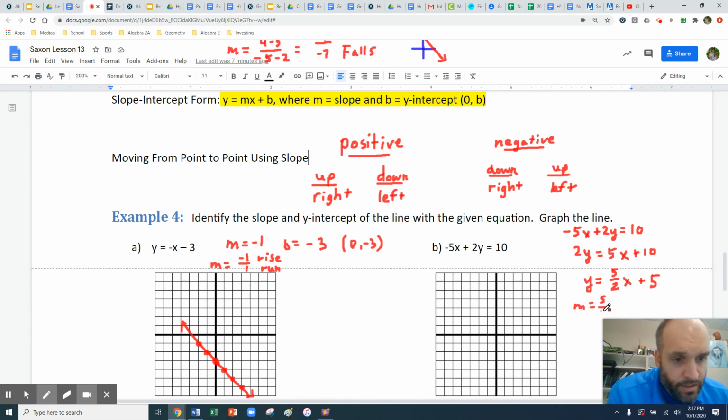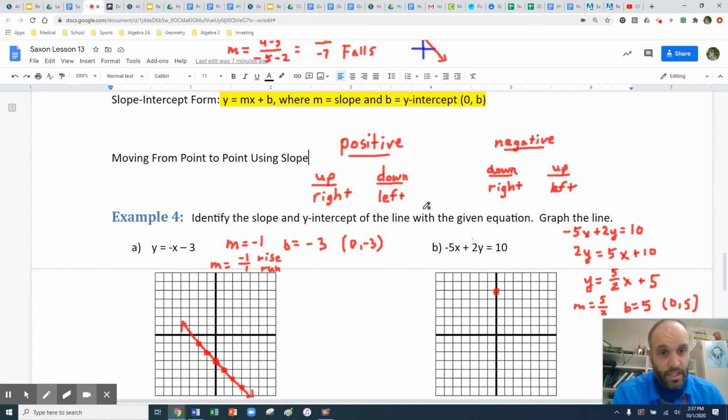And we'll find our y-intercept, which is 5, which means that I am going to graph the point (0, 5) as my starting point. That's the only solution that we can tell from the equation. So that's going to be our starting point. So I go up 1, 2, 3, 4, 5 right here, and I start to graph my slope. Now if I start to graph a rise of 5, so I rise up 1, 2, 3, 4, 5,